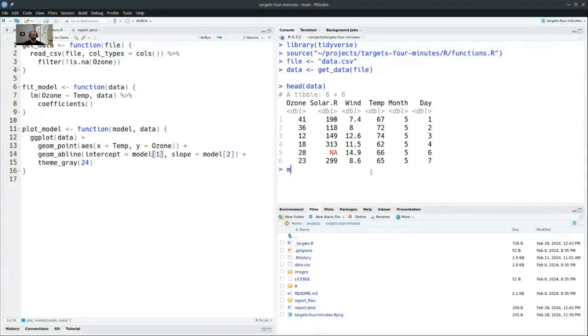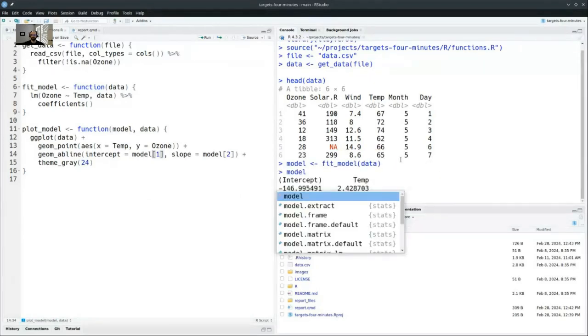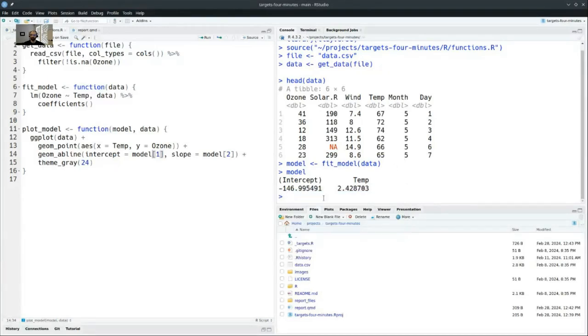I'd have something like model, just to get used to testing the functions, experimenting around with them, and getting a feel for how these transformations that we've created are used. So you might say, let's fit the model to the data, and sure enough, we get the model coefficients for the fitted model and so on.